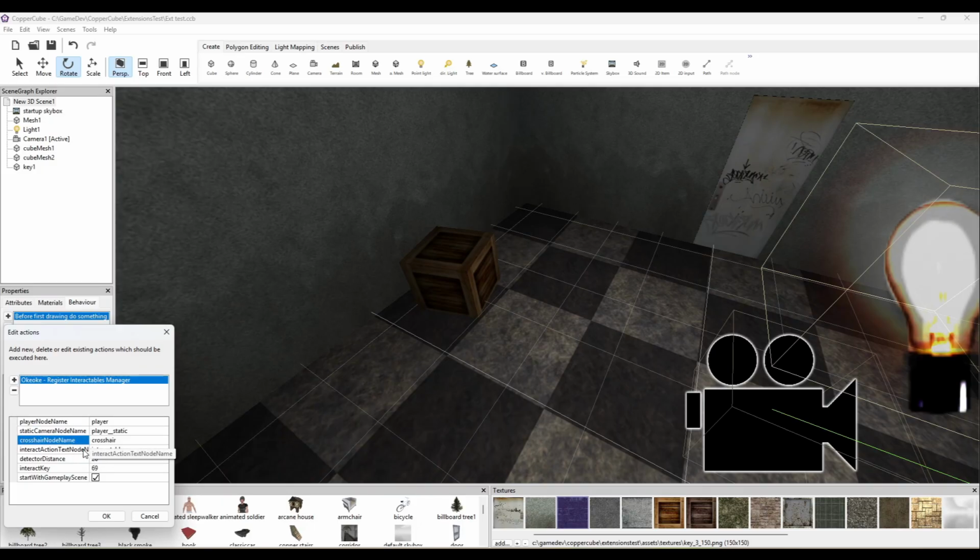Crosshair, usually you have a crosshair. If you want it to be hidden or shown, you can also specify it here. And also, this is the message box which will show the node. It also has a detector distance, which is the distance at which the player can see interactive things. If it's too far, you can make it smaller and so on. And also the interaction key, this is the key code of E on the keyboard, so I use E to